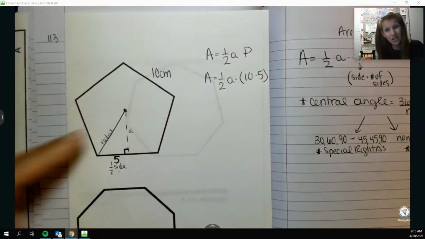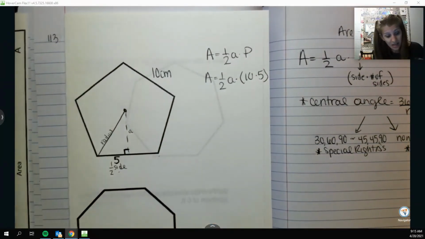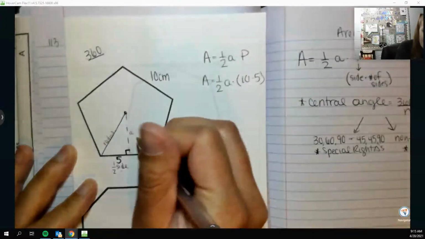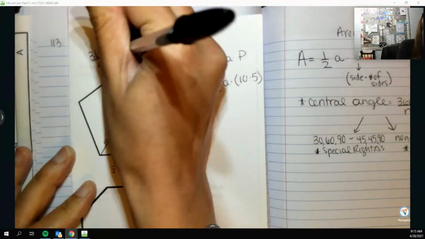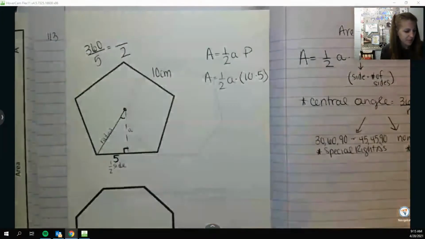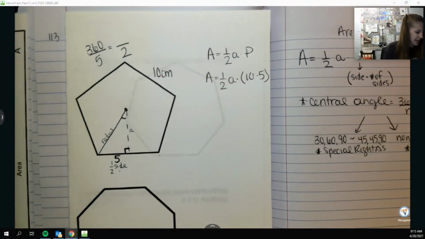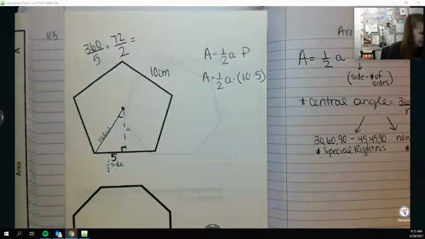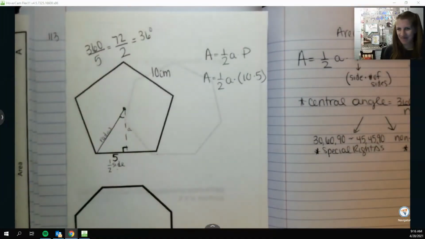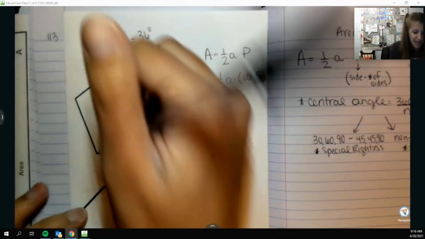Now, I can't just do the Pythagorean theorem because I don't know the radius or the hypotenuse. So I have to find that central angle, where we're going to do 360 divided by 5, and then split that in half again to get this top angle right up here. So if I do 360 divided by 5, that is 72. And then if I split that in half, that is 36,